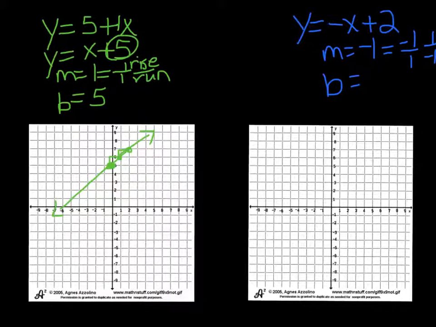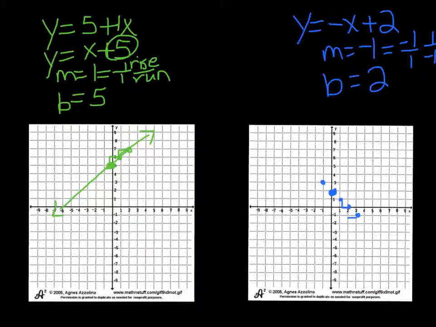The y-intercept, b, in this case, is 2. So we're going to go to the y-axis, to the number 2 on the y-axis, and that's our starting point. The y-intercept is our starting point. From that point, the rise can be -1 over +1, and you can keep on doing that. -1 over +1. -1 over +1,